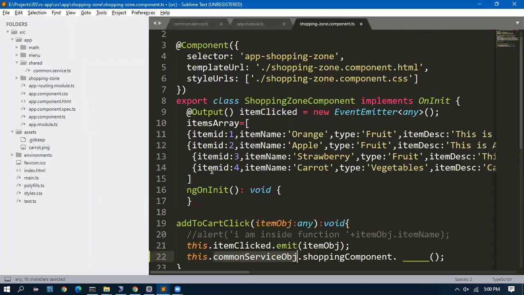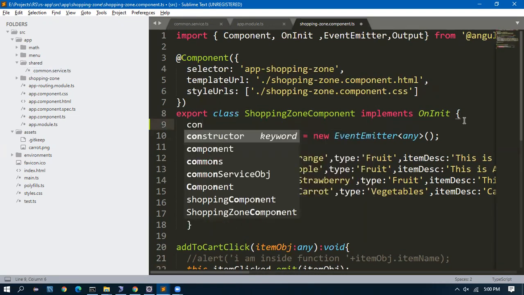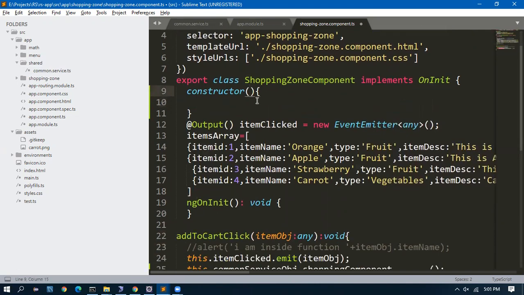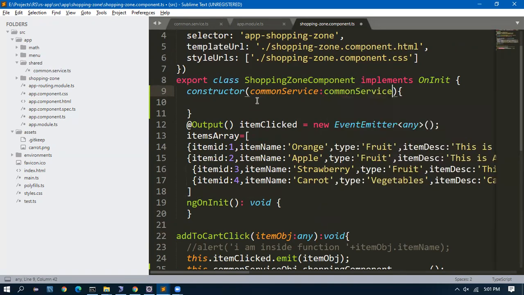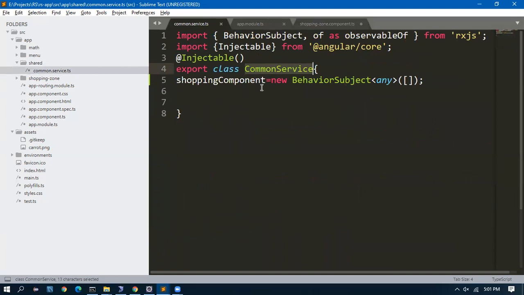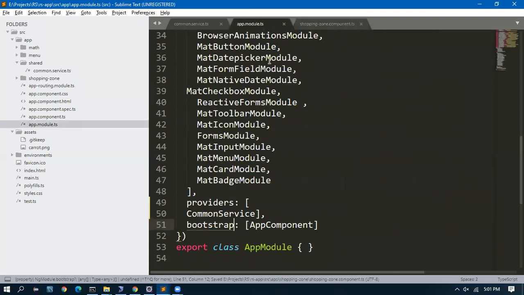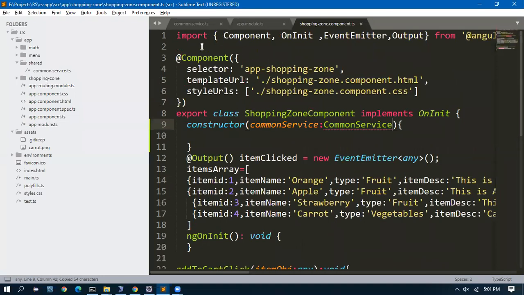So what I have to do in the constructor is just give common service, the class name. That's all. I have to inject it here, which means if I give this, I can start using the file to share the data.